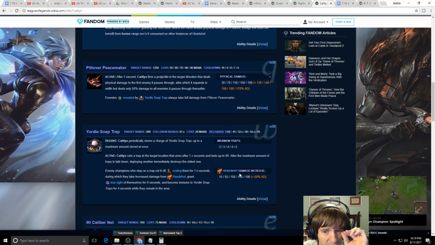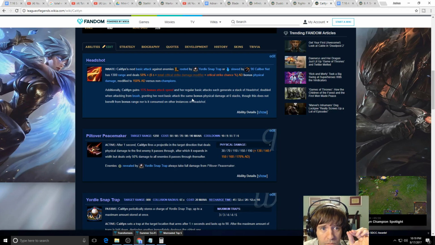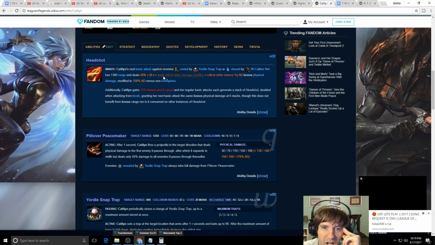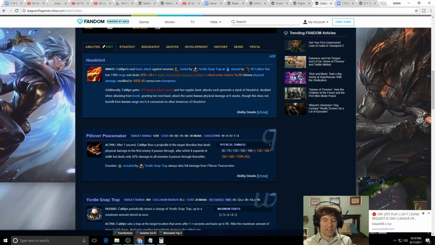So this, first of all, is her headshot mechanic. It has 1300 range and deals 50% plus your critical strike chance percentage and your critical strike modifier. So you're going to get to 2.5. 0.5 times 2.5 times your critical strike chance. So if you have a 50% critical strike chance, you have a 2.5 modifier. That's going to be a 1.75 times 50. I'm not going to do all the math right now. It's a lot of damage, okay? Because we're running out of time here. A lot of damage that scales very well with critical strike. So that's what she's all about, are these headshots. Now, every time you get...